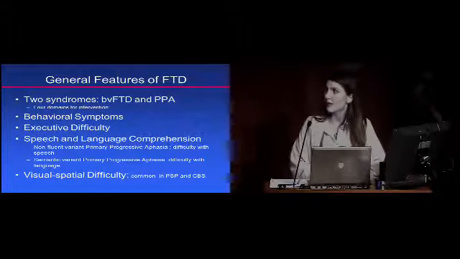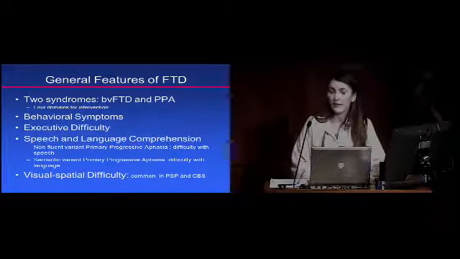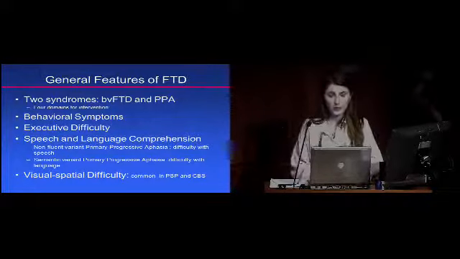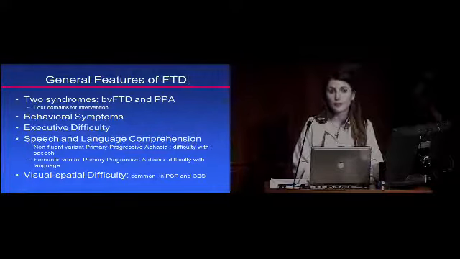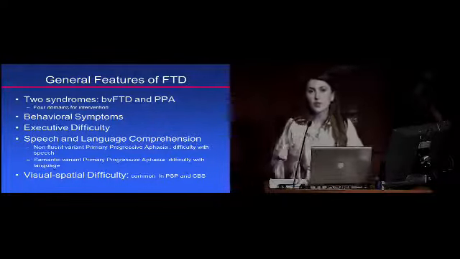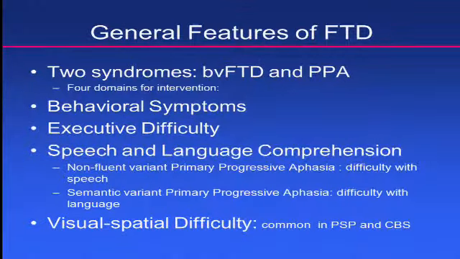So what I mean by this is that patients with difficulty with speech are primarily divided into 2 divisions, such as patients with a non-fluent variant PPA. These are the people whose speech is very effortful and slow, but the comprehension is still preserved. And we'll also be talking about patients who develop something called semantic dementia or semantic variant of PPA. In these patients, the fluency is preserved, but they often speak out of context, and there's really no understanding of the word's meaning per se. But again, the fluency is still there.